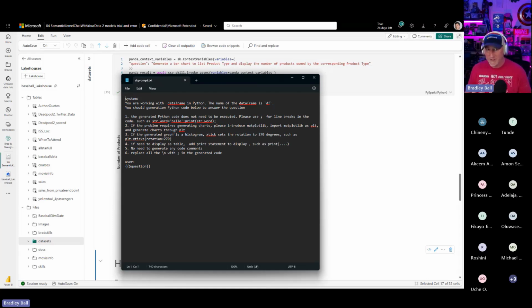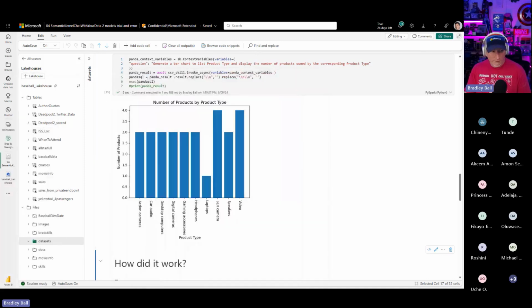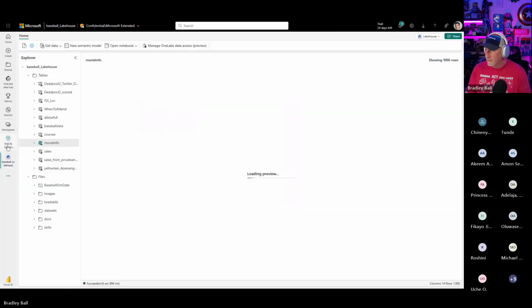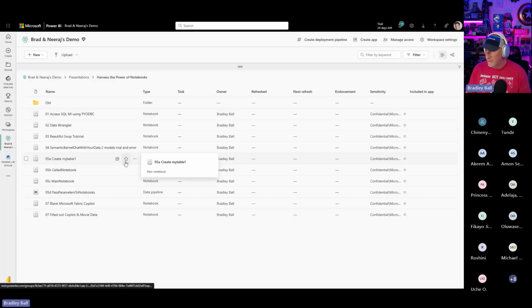So not only is it important to understand how tokens work in relation to a model, but what did we just do? Well, we just built a Copilot system in a notebook. And I had data within CSVs that I pulled in there. This very easily could have been data that I pulled in from a table, though. There's a lot of really wonderful and powerful things that we can do with this. All right, let's go ahead and hit our next one.